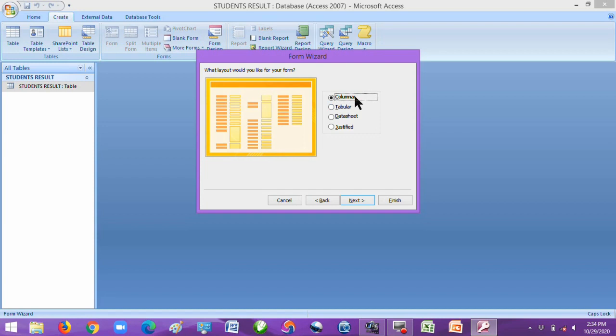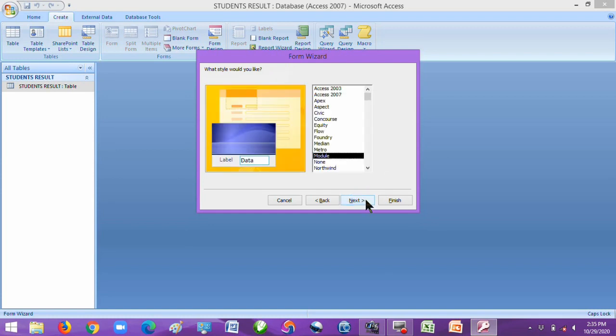Please take note, there is need for you to take time and practice how each of these will appear, so that you see which one will really show different effects between the table and the form, or which one will be exactly the same as the table and the form. So take time to choose each of these and then perform it to the end and see the results that you will have. Then I will like columnar here to remain and select next.